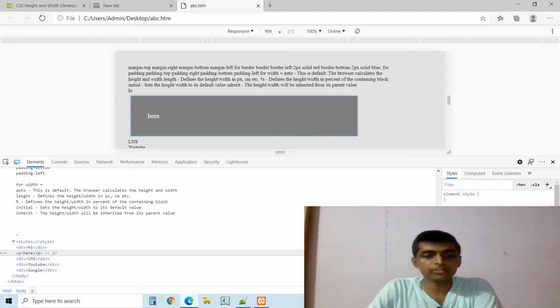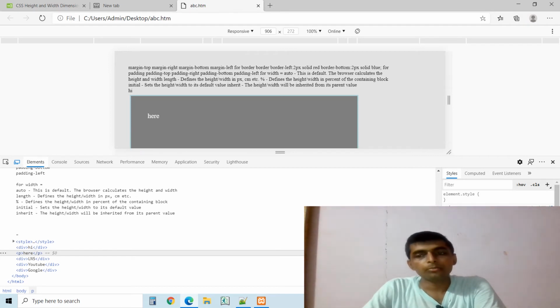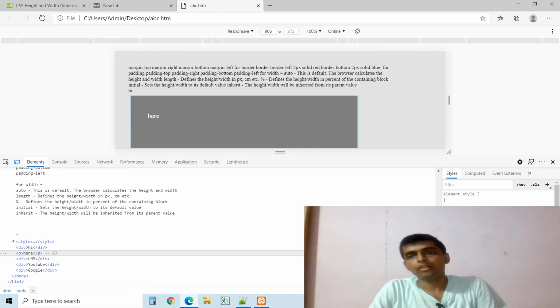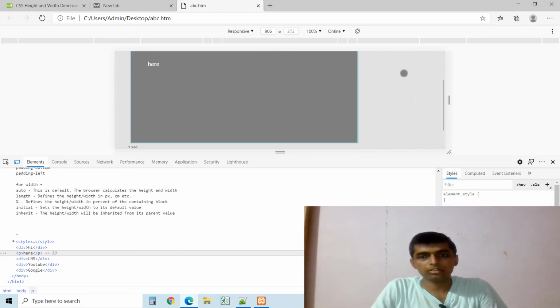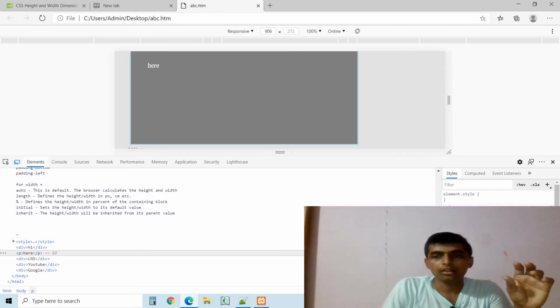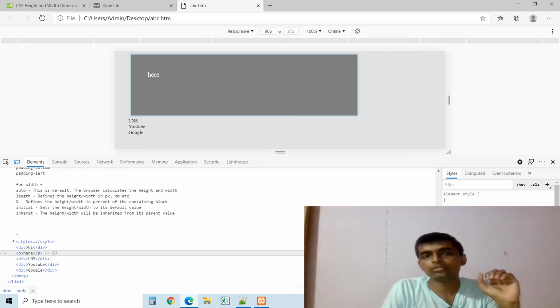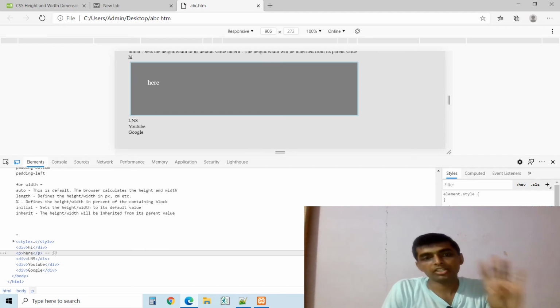Now suppose I want to change the height. Suppose I am using pixels. You can use pixels, percentage, viewport units, or points for pt. There are different sizes you can set up. Suppose I am setting pixels here. You can see how this particular block or particular paragraph increases in size. Suppose I scroll down slowly. In this way you can understand height, width, margin and padding.